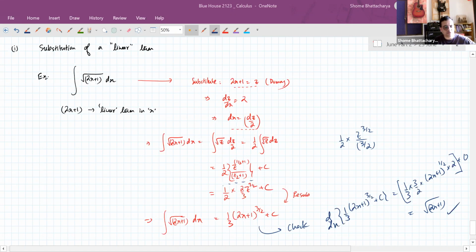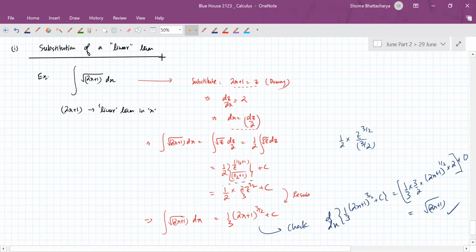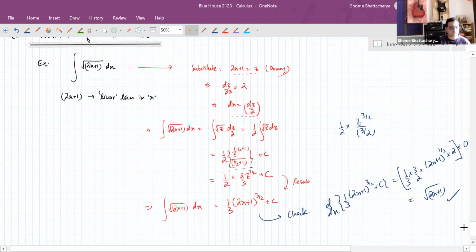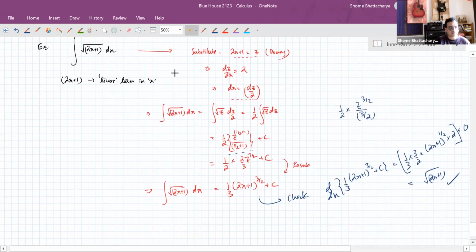Okay, so hope this is clear, people. Okay, so now let's write a sort of a generalization of this concept. We have done this with an example. Now, if we generalize this,